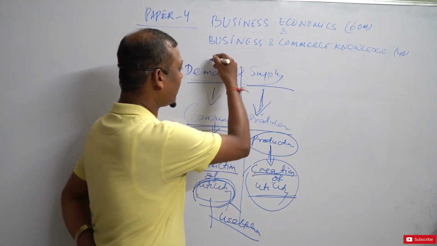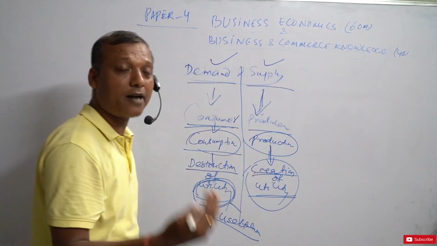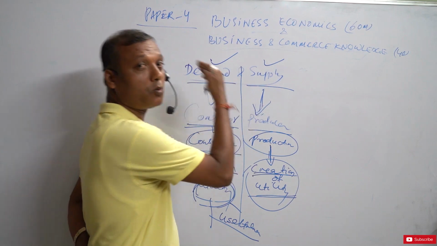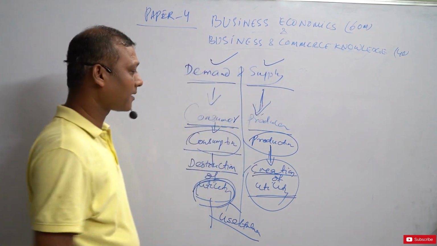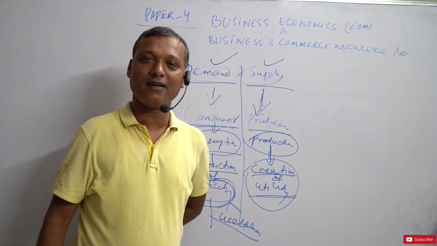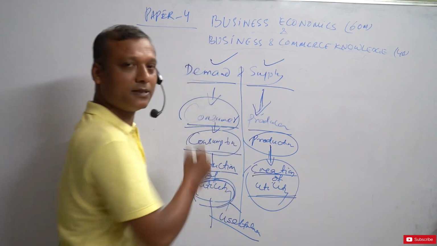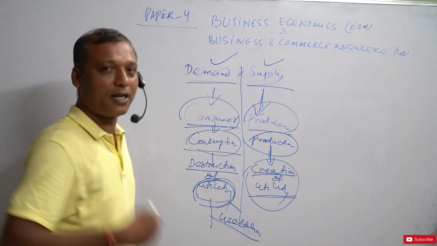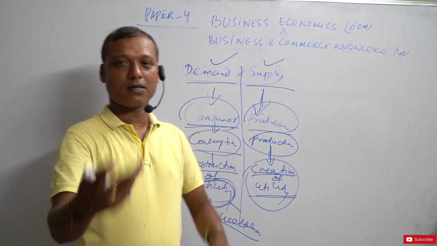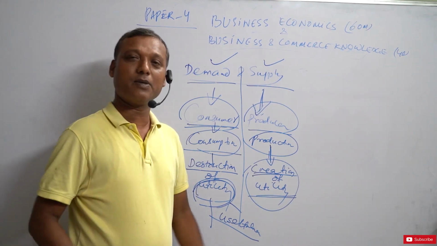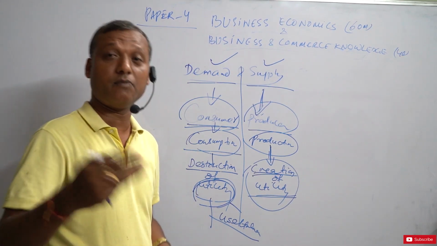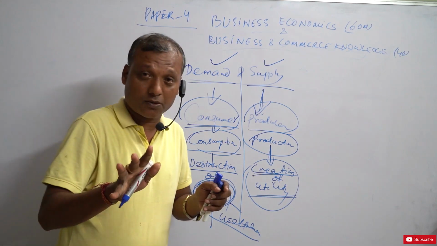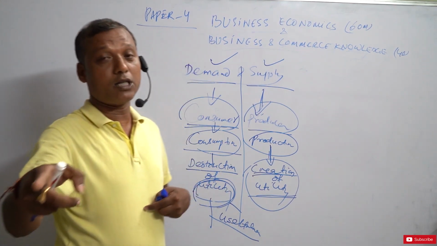When you talk about demand and supply, that is a part of your Unit 2, demand and supply. Let me tell you one more interesting point. I have told you about consumer, I have told you about producer. Let us identify ourselves. You are a consumer, I am also a consumer, because I consume something, you consume something each and every day. You understood? I am a consumer, you are a consumer.